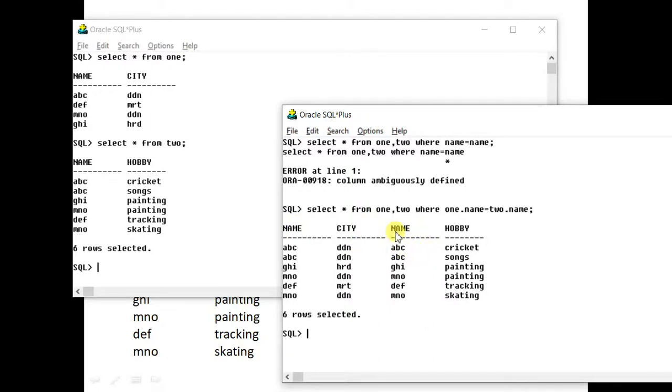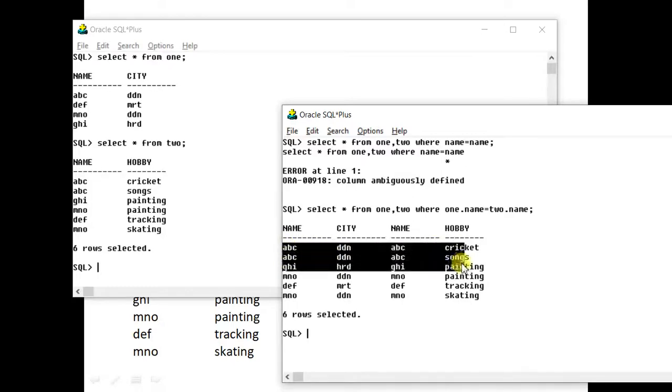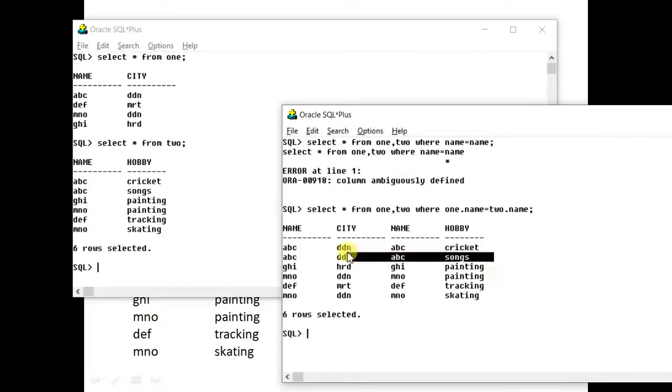Because we are directly working on the database. The user will never work in the database directly. They will always use a front end. So as a programmer, you will code it in such a way that this will not be shown again and again, like ABC, ABC, ABC, Dehradun, two times, will not be displayed. Okay, I hope this is clear to you.